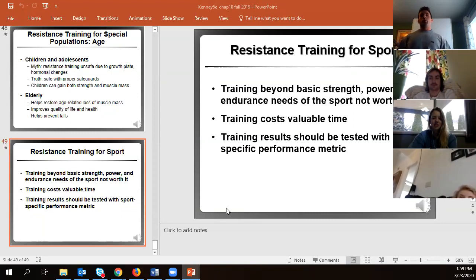So figure for most athletes, for a lot of sports, if they can squat over twice their body weight through a full range of motion, that's pretty good basic strength. We can probably focus more on the power. We can focus more on the endurance. So when we're looking at performance and we're looking at strength, I know that we've probably brought this up before,